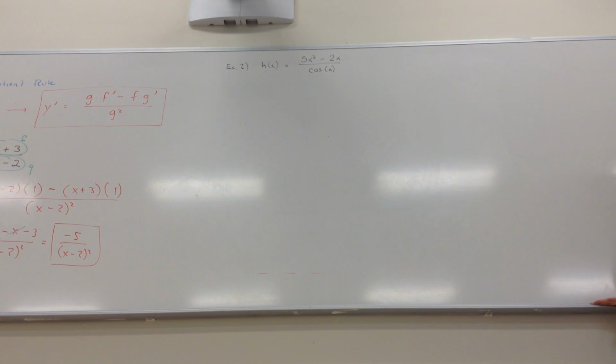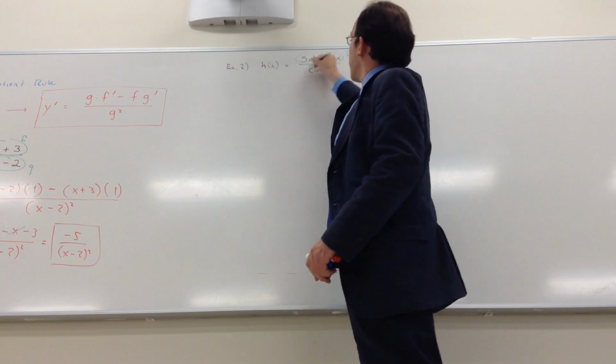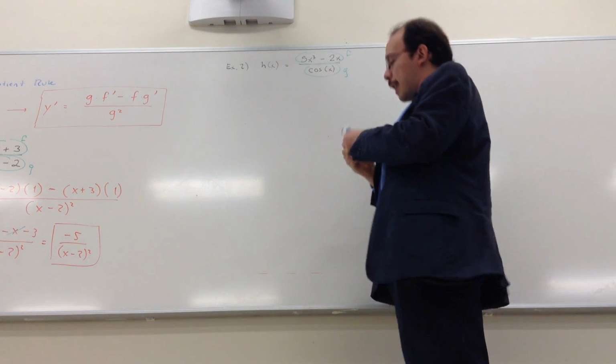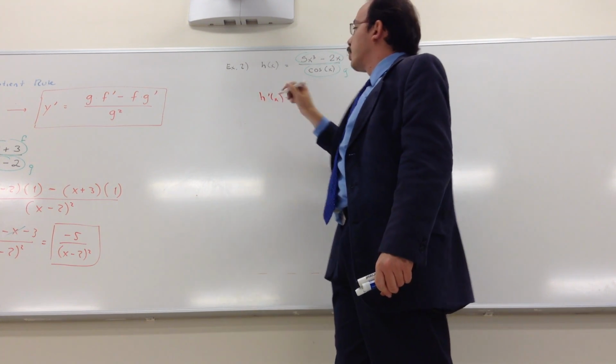Second example. Now, h of x equal to (5x to the cube minus 2x) over cosine of x. Can I simplify or rewrite? No, not convenient. But we could check if we want to. In this case, there's no need. So, again, this is going to be f, and this is going to be g, and then you need to apply the derivative. So h prime of x is going to be